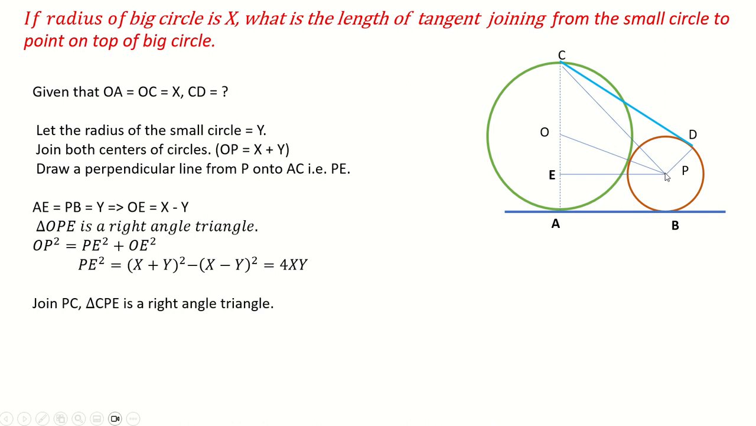Now, join PC. Center of smaller circle to the top of bigger circle point, which is PC. Now, if you see, CPE is a right angle triangle again. From this, what will I get? I have the value of PE calculated in the previous step. Then I have the value of CE already. Then I can get the value of CP. CE equal to